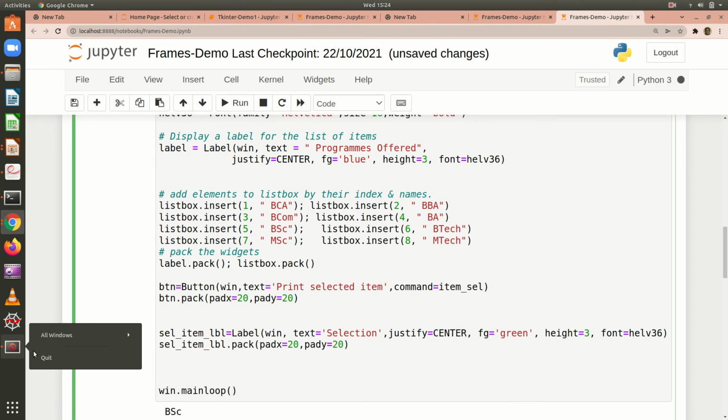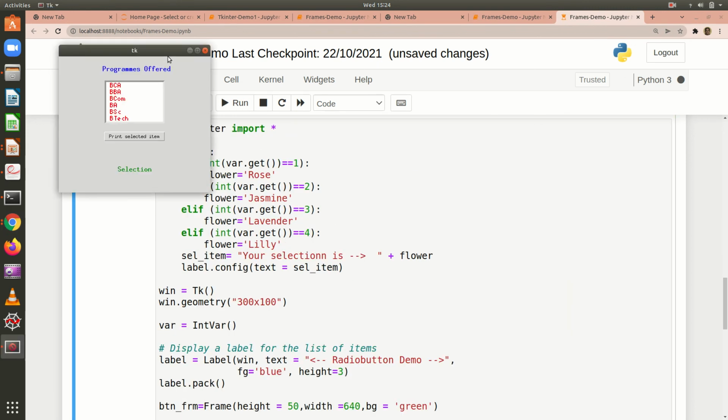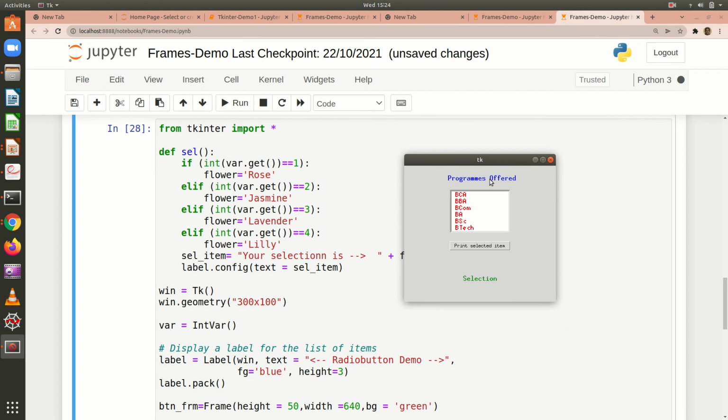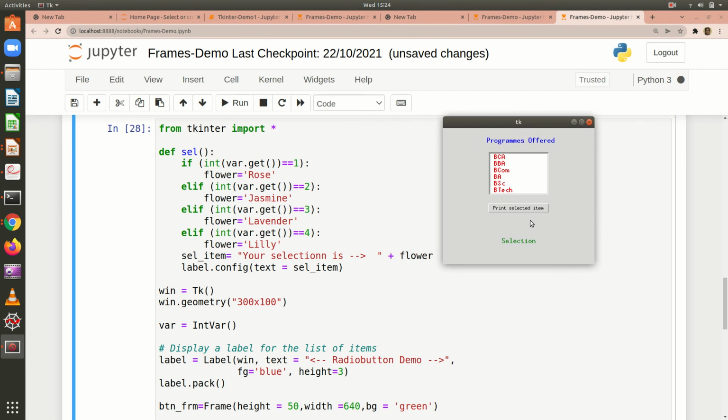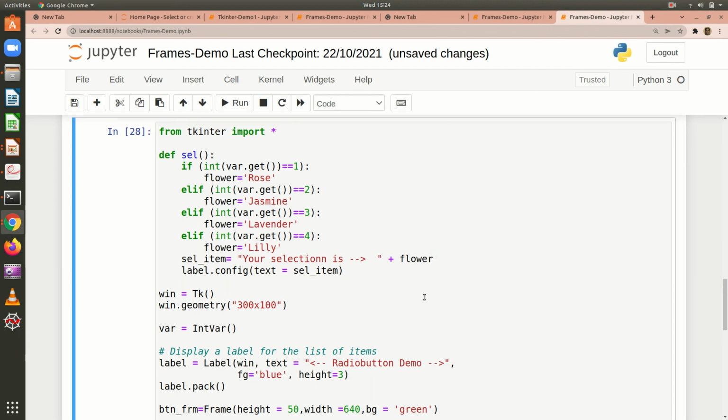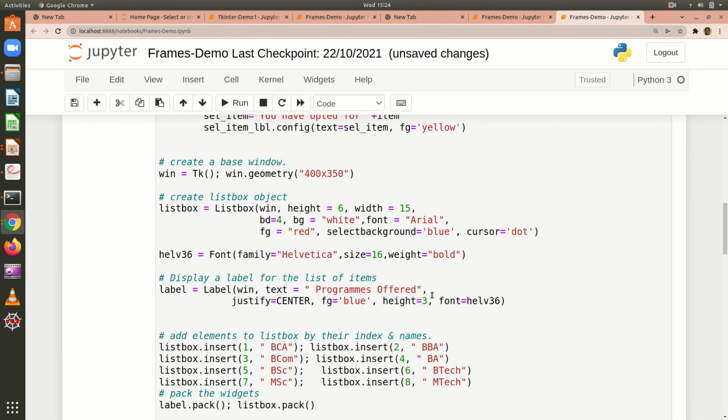Let us see running this program. I run this program. You can see here the size has been increased. I am going to select, then I say print, and you can see here you have opted for BCom. And if you want, you can increase the size. It is actually 16.